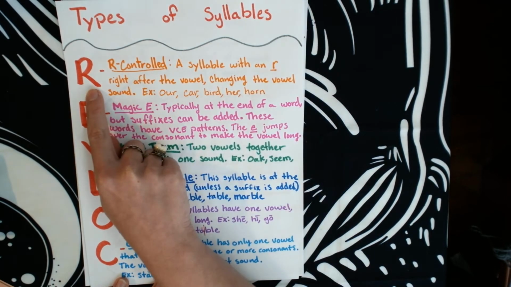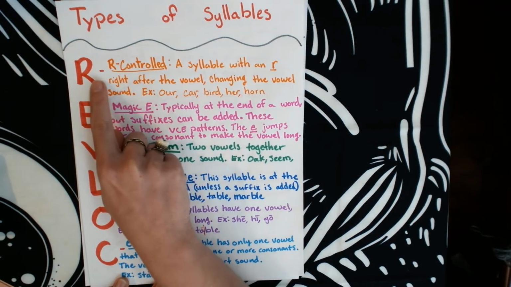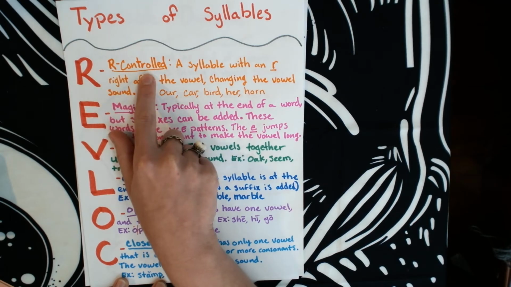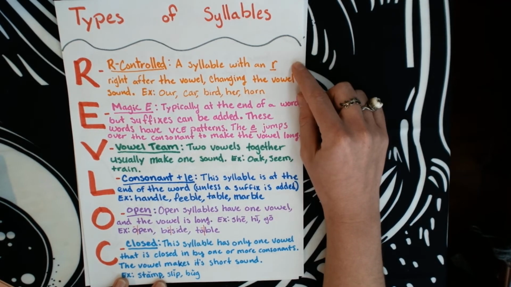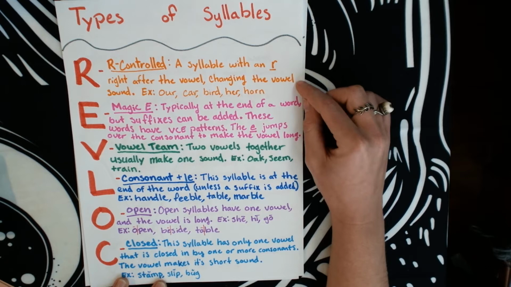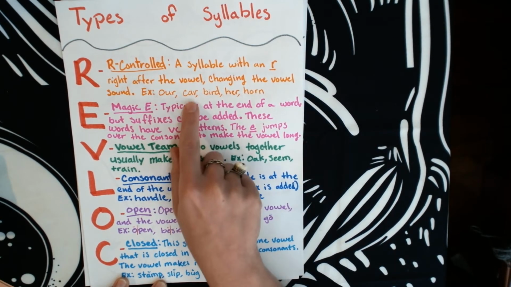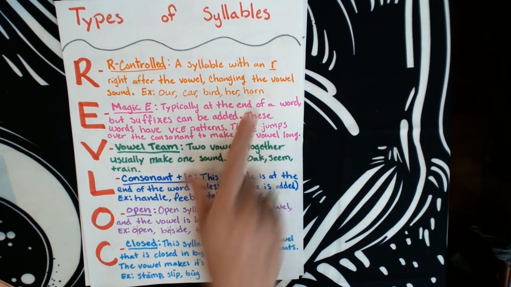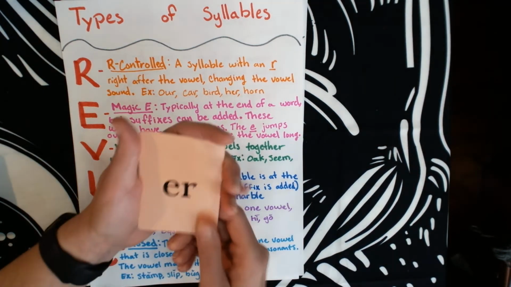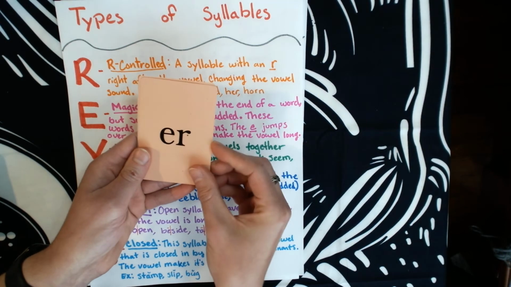So the first type of syllable we're going to look at in REVLOC, the R stands for our R-controlled syllables. An R-controlled syllable is a syllable with an R right after the vowel, changing the vowel sound. So our example words are our, car, bird, her, and horn. And to jog our memory from our sound cards at school, we would say ER, her,